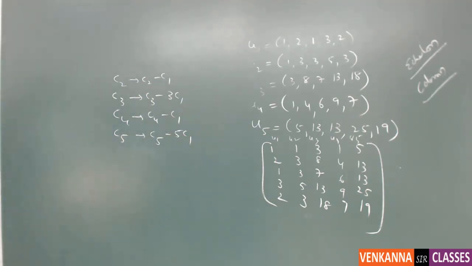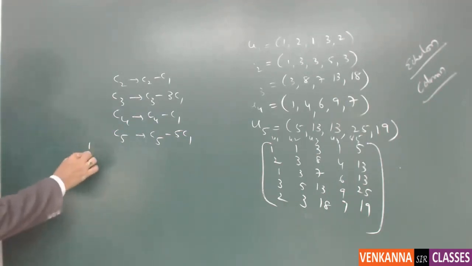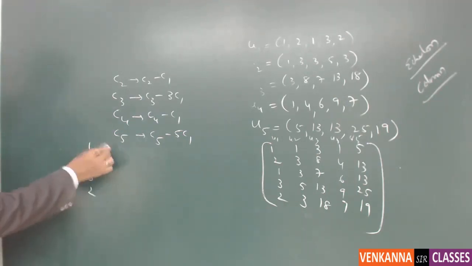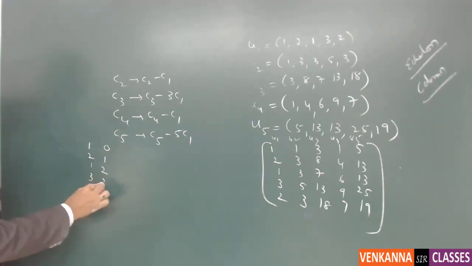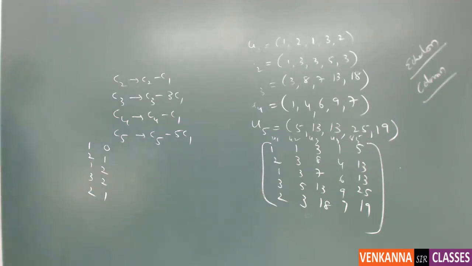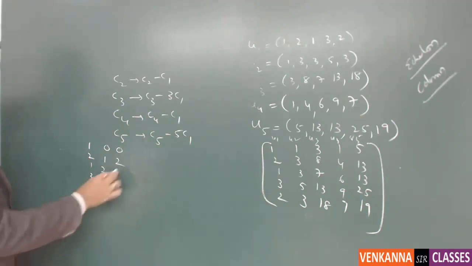That you are going to get. So the first column remains as it is: 1, 2, 1, 3, 2. So this will be 0. 1, 2, 2, again 1. Again you are performing C3 tends to C3 minus 3C1, 0, 2, again 4,